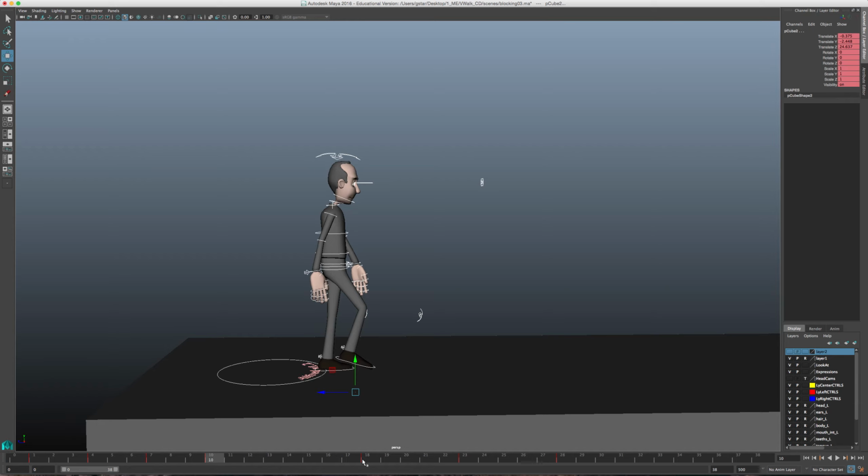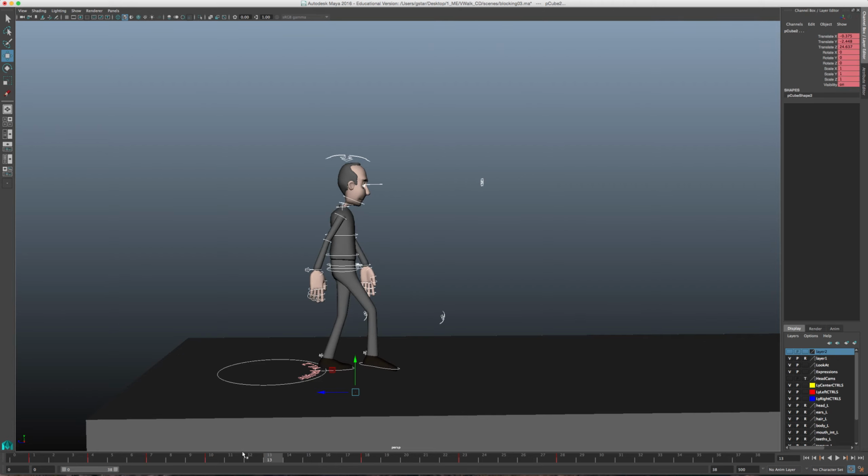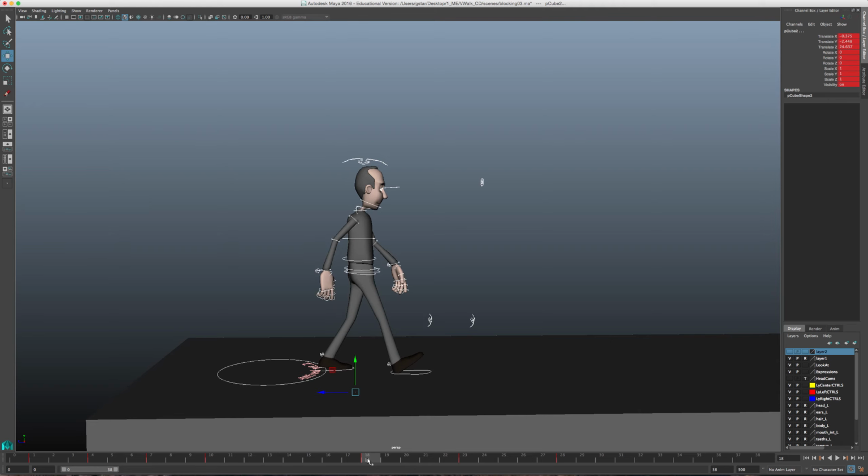If you don't have an up position, then go ahead and create one. It's not a big deal. So your keys might be 1, 4, 7, and maybe 13, because on frame 13 is your next contact pose. You probably didn't add an up position for your frame 13, and it's quite alright. You just change the position of your character there. So hold Shift, left mouse click,